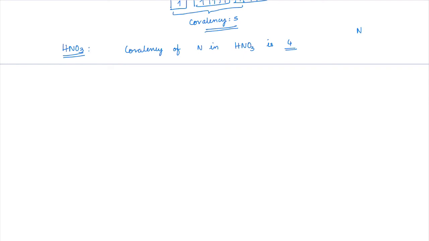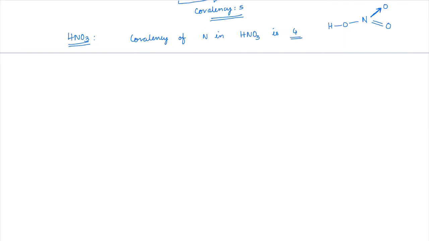You can see that it will make one dative bond with oxygen, a double bond with O here, and O and H here. We count this dative bond as only a single bond, understood? Hence there are only 4 bonds. So the covalency for nitrogen is 4, and that is the maximum covalency of the second period elements, sorry, that means carbon, nitrogen, oxygen, fluorine. They can give a maximum covalency of 4. Minimum they can give is 1. Okay.